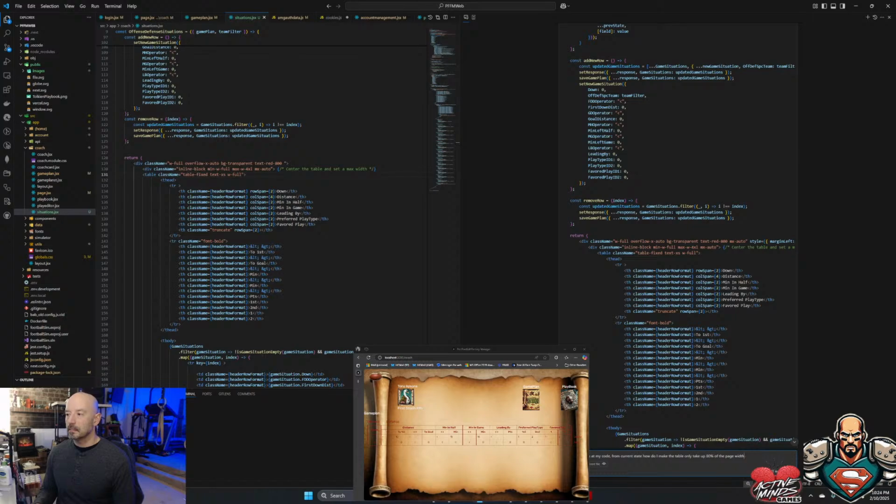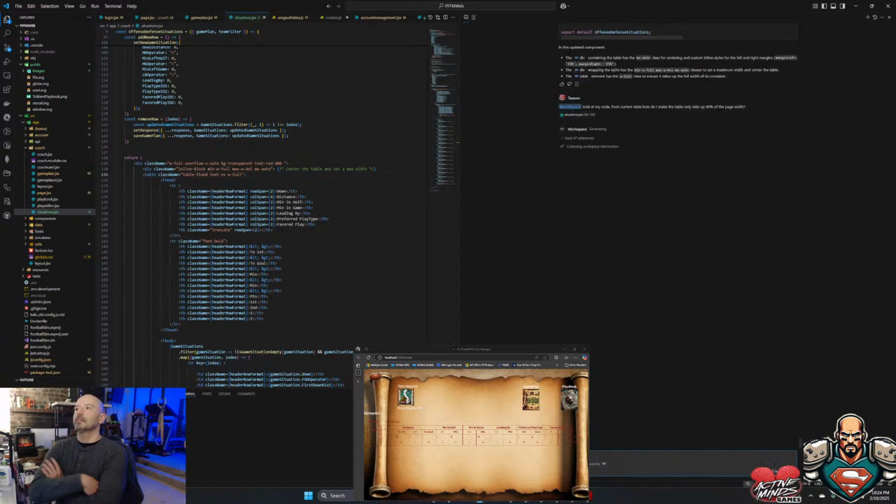That's it, man. That's all I want. How do I make it take the page width? I know I still need to get it centered, but